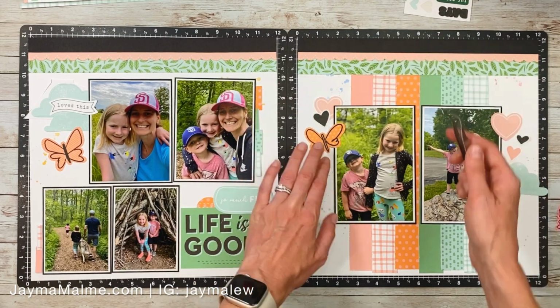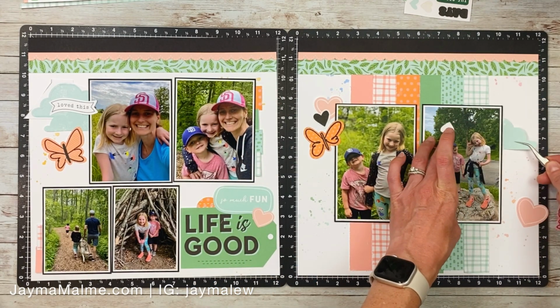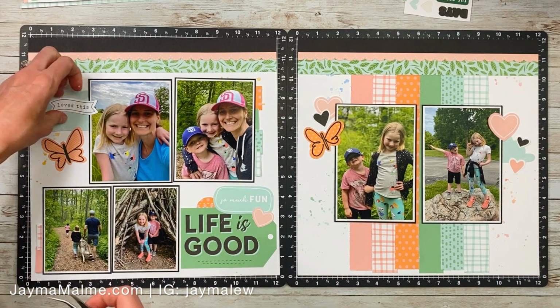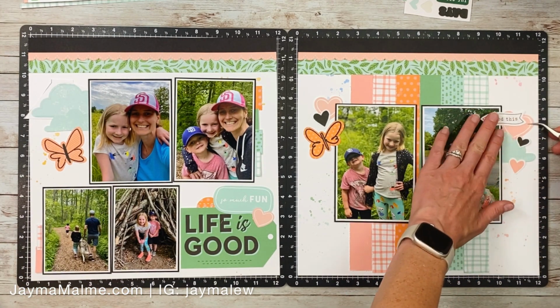But what I decided to do was this, and then I swapped the pages because I do like having my titles on the left side. It certainly doesn't have to be on the left side, but I just like having my titles on the left because we read from left to right. And then I ended up